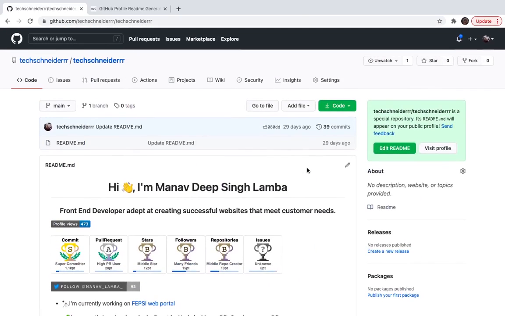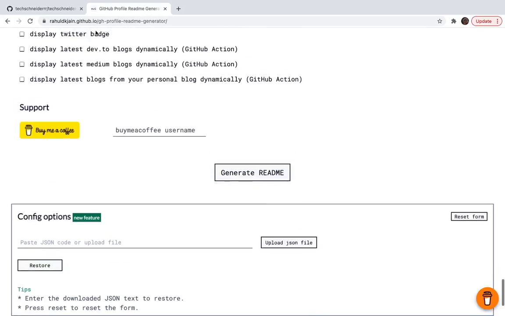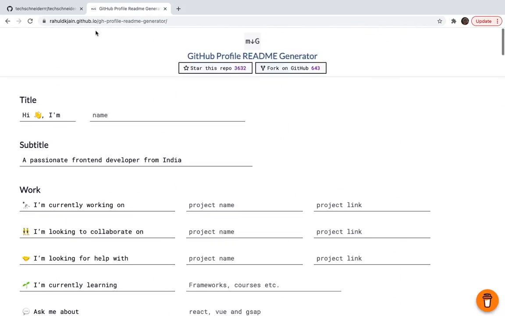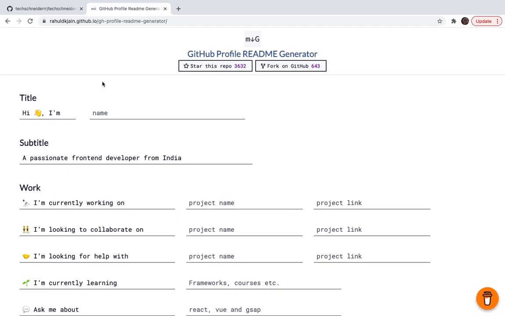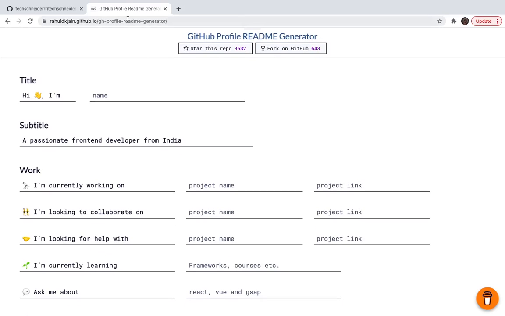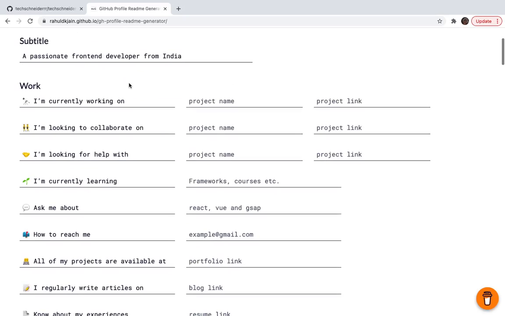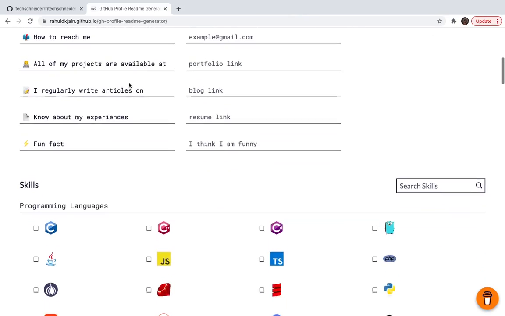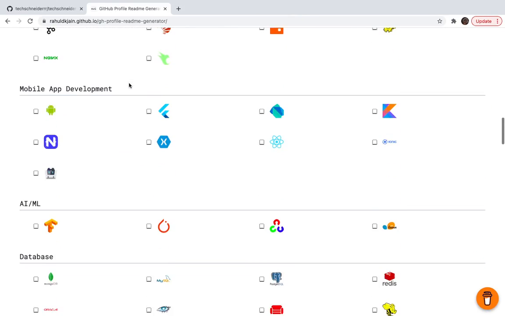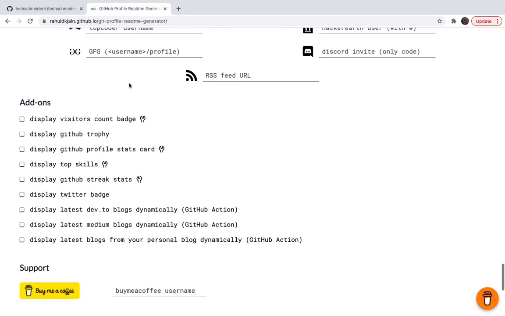Basically, there are different GitHub README generators you can get online. I created one for myself as well. I went to this website. It's also a project created by someone on GitHub for people like us who are beginners. We are learning, and we can create a README from this project. I'll leave the link of this GitHub profile README generator in the description below, and then you can fill up this form and simply create a file and generate a readme.